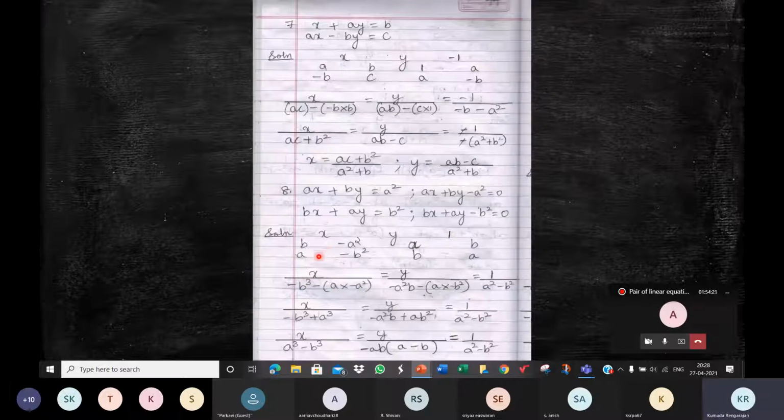So here also sometimes we mess up because there's already a minus sign here, so we don't want to put another minus sign. It's not like that. b into minus b square. So I've written it straight away, the product, minus b cubed. The product, this product first, minus b cubed, and then this product, a into minus a square. Okay, so this is the first product. This is the second product, a into minus a square.